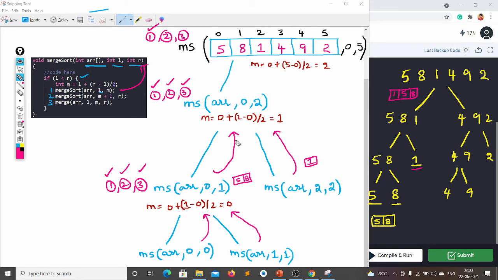So these two will be merged. My function is over, and my sorted array is 1 5 8. Then it will say okay, my function is over, you can carry on with your functions. Then it will call the second function. Again, the second function is merge sort of.